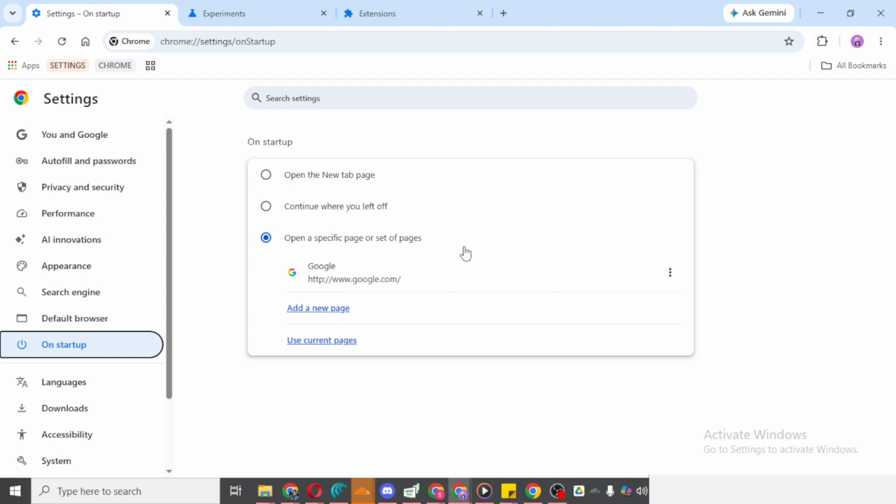After clearing the host cache, try Chrome again. In many cases, this helps refresh the browser's internal network data and can stop persistent issues from continuing. If the extra tabs are no longer opening, then the issue was likely caused either by an extension, a startup setting, or cached browser network data. The key is to test Chrome after each change so you can identify what actually fixed it. That's how to fix or stop new tabs opening in Chrome.